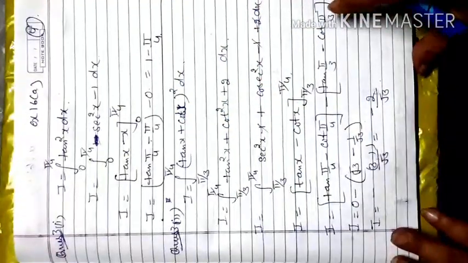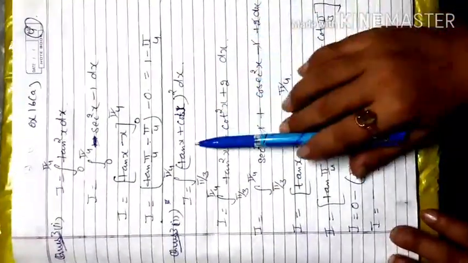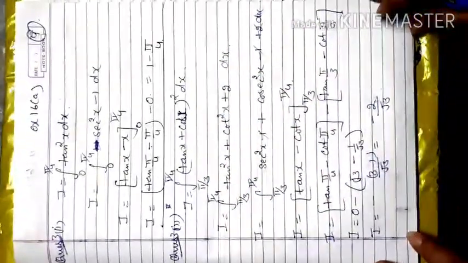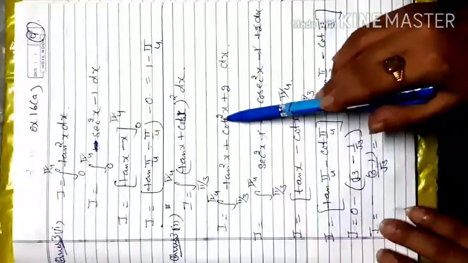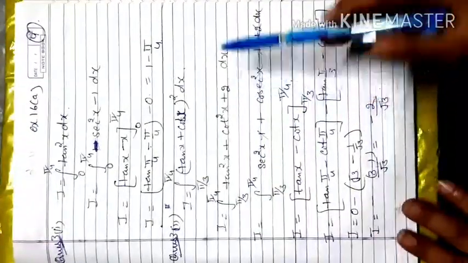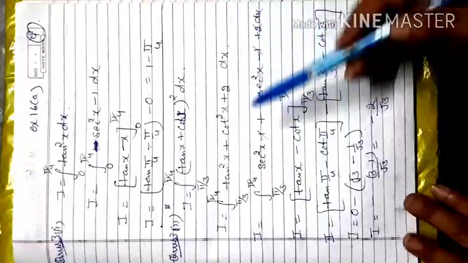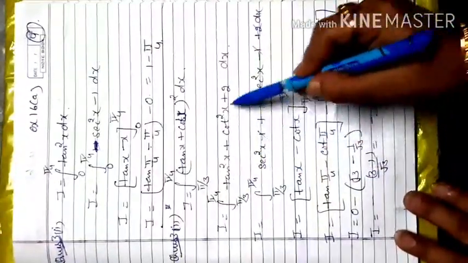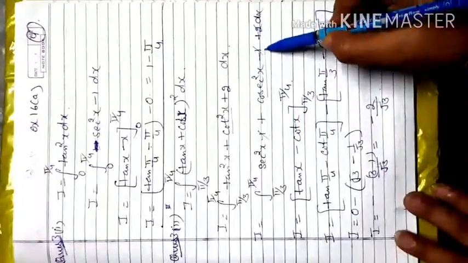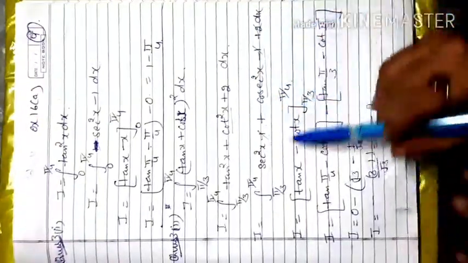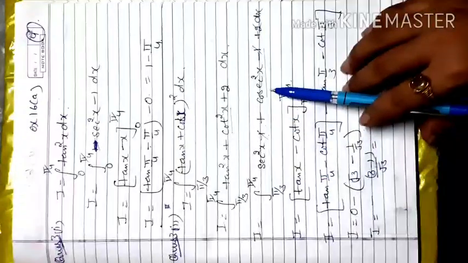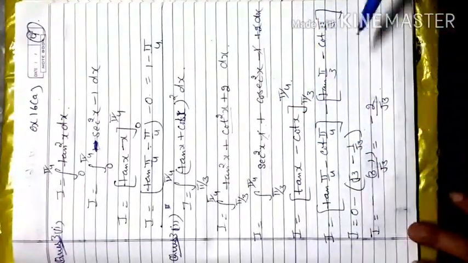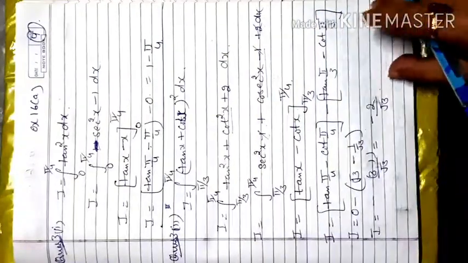Now third question, third part, tan x plus cot x whole square. First you apply the a plus b whole square formula here. So tan square x plus cot square x, and 2 into tan x cot x becomes 1, so only 2 is left. Now apply identity, tan square x is secant square x minus 1 and cot square x is cosecant square x minus 1. This 2 is cancelled with this, and the integration of secant square is tan x and of cosecant square is minus cot x. Apply the limits, pi by 4 and pi by 3, you will get the value minus 2 by root 3.